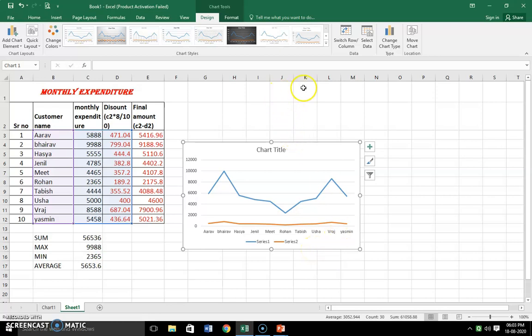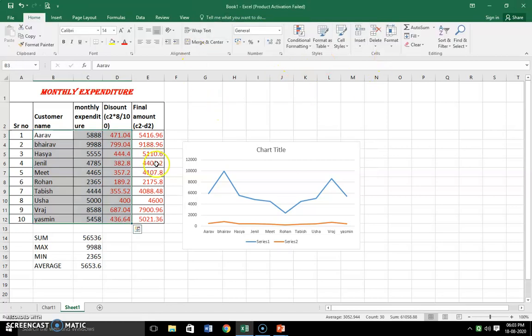If you want to do discontinuous selection of data, then how can you do it? For example, I want customer names and this final amount. Then I will select this column, press the Ctrl key, and then click on final amount. So here discontinuous selection of columns has been done.